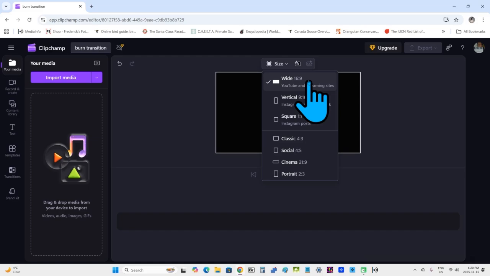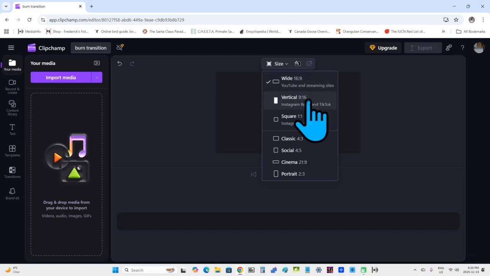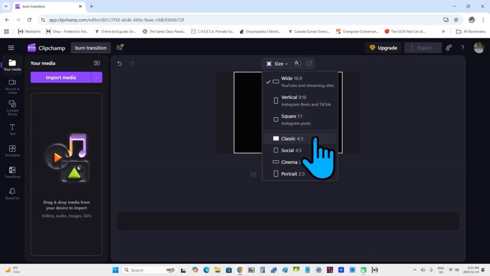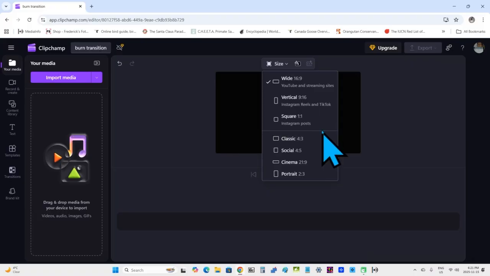Okay, that's widescreen. But you can see we also have other options such as vertical, which is 9 by 16, which is great for YouTube Shorts, Instagram Reels, and TikTok. And down here, another example, as you can see, classic 4 by 3. Now that's the aspect ratio that used to be on the square screen televisions that we used to be able to buy years ago. Nowadays, you can see all the televisions are basically widescreen, and monitors for that